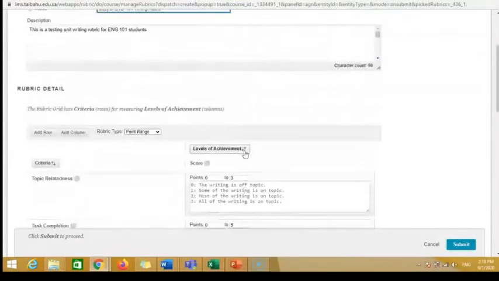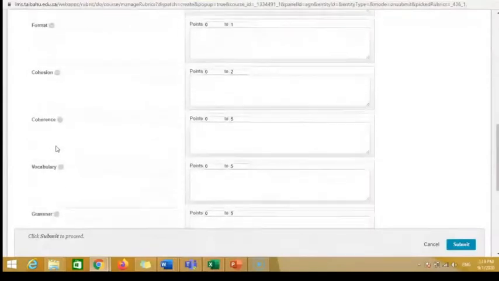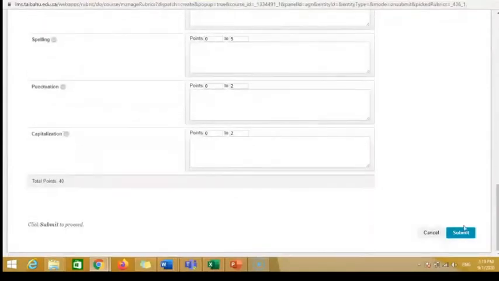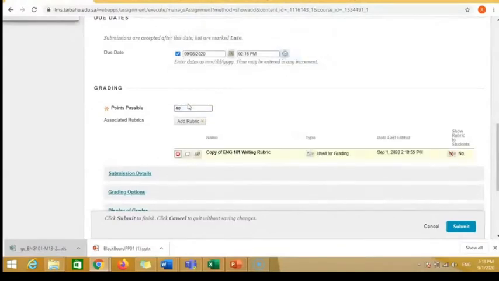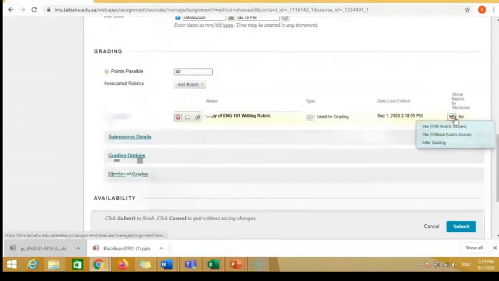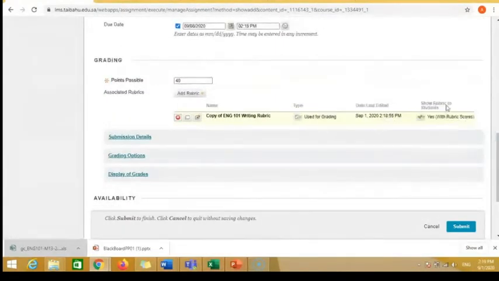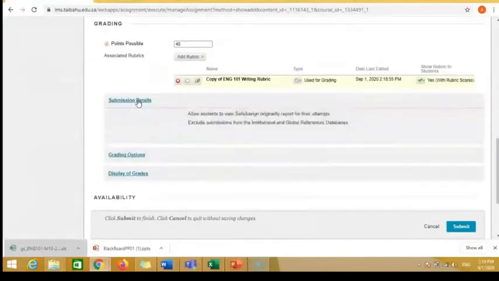Here, I use the point range. All right, here are all the components, and then click submit. So click OK to assign the maximum points, which we did, which is 40. All right, we have the option here to show the settings. So for example here, yes, with rubric scores. Submission details,